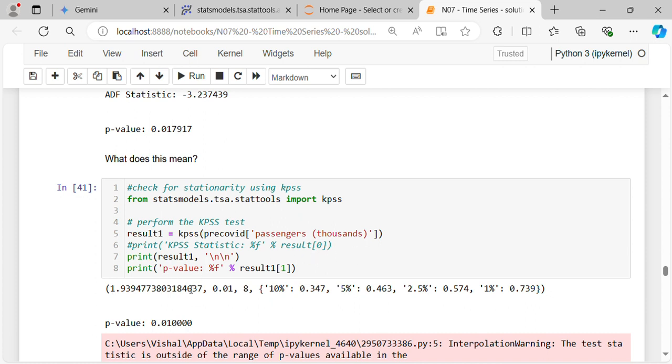Then we print the result 1 and the p-value, colon percentage f, and that is percentage result 1 of array location 1. So the p-value is 0.01 and it's less than 0.05,